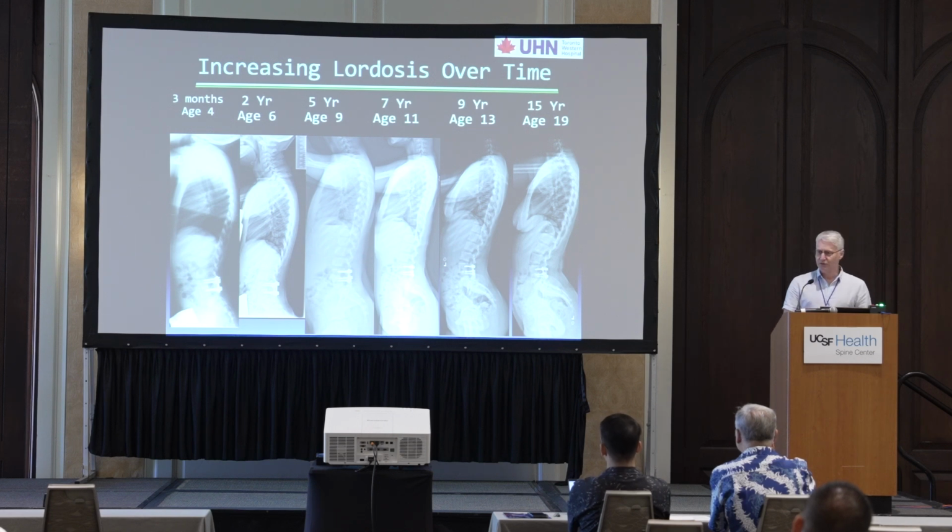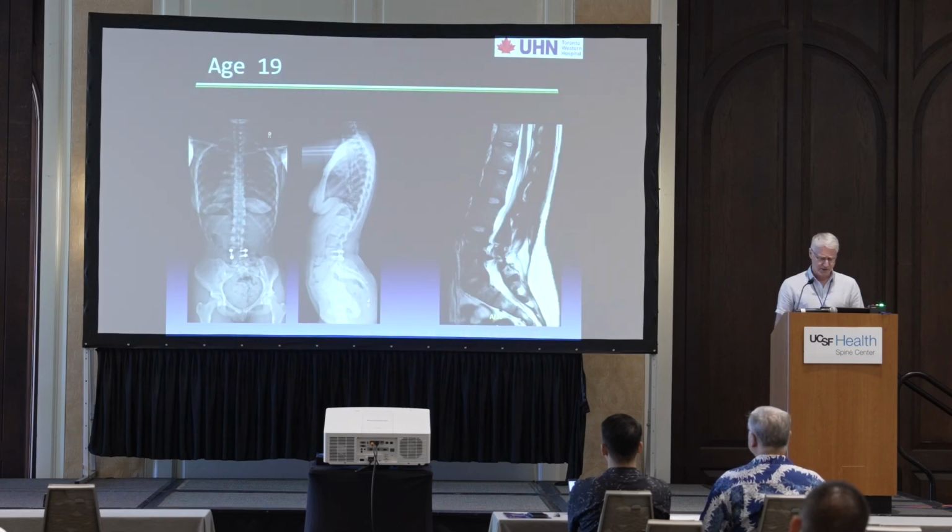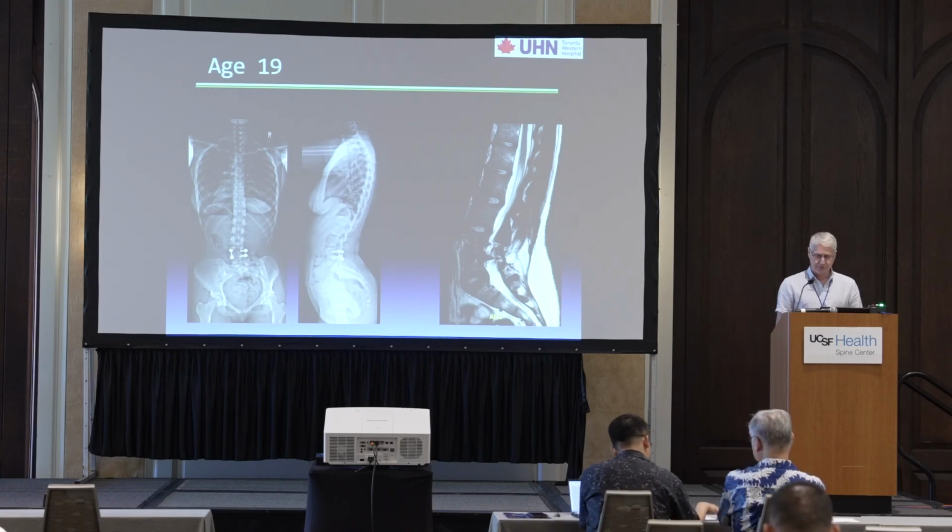a nice case to show that if you can treat your focal deformity early, get it before a global deformity, you're going to have a much more limited and probably a much better outcome for these patients. And you can see, even though we got an MRI for fun, even the L5-S1 disc survived us at this stage. So overall doing very well, and I think it's really important that if you have a focal deformity, get it before